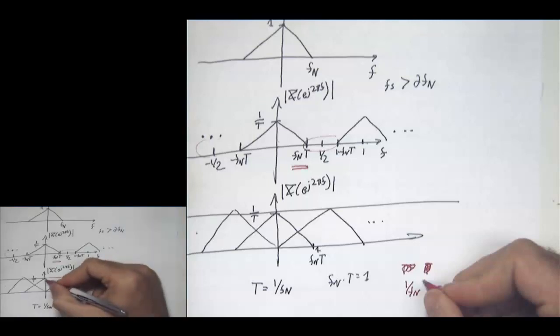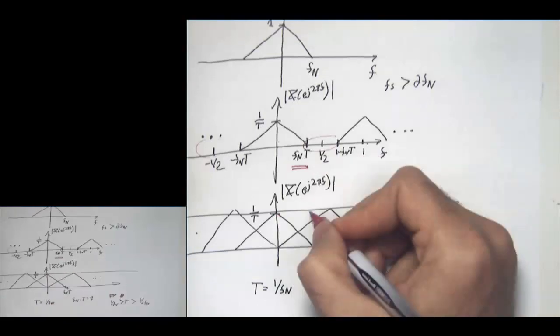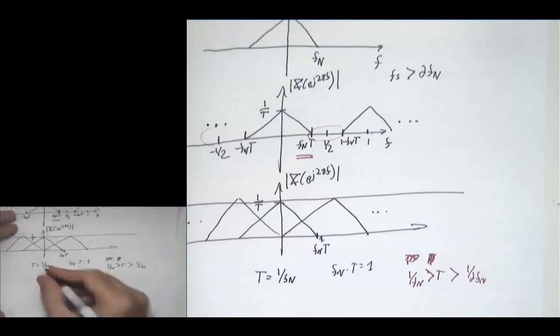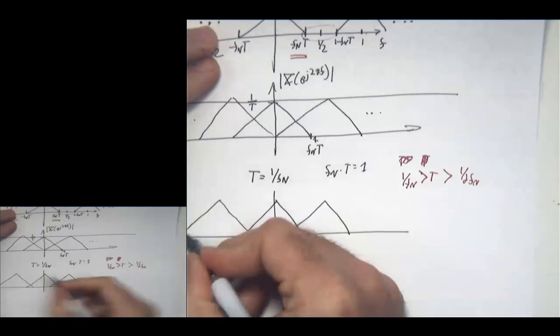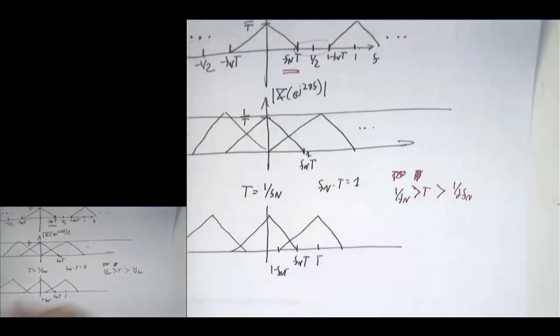Then you would end up with something where, I should just redraw it here on top of that. So you have your triangle function here, and then you would have some smaller amount of overlap. This is still f_N T, this is still 1, this is still 1 minus f_N T, and then you'd end up with a signal that was looking more like